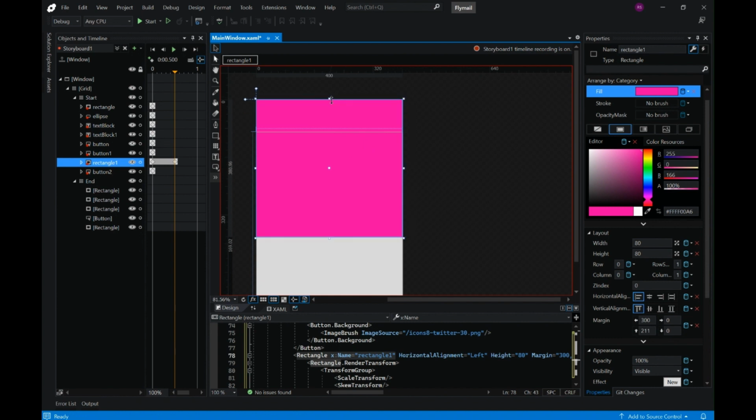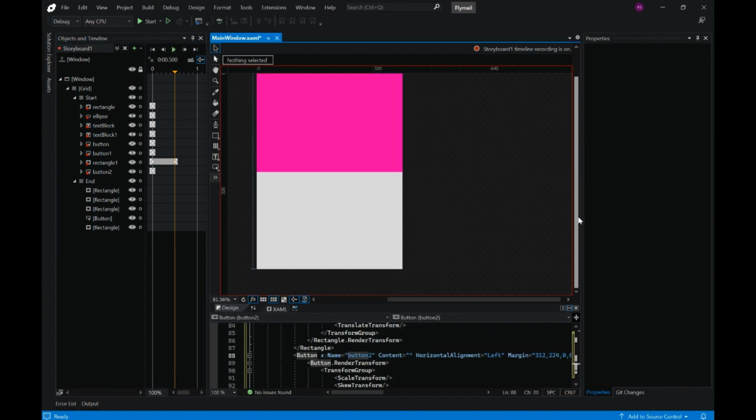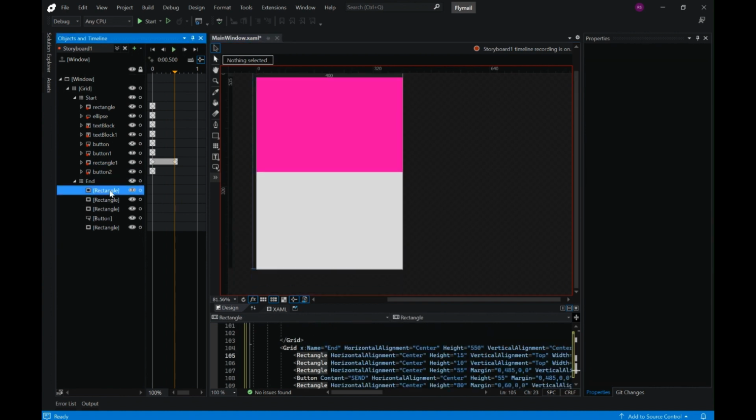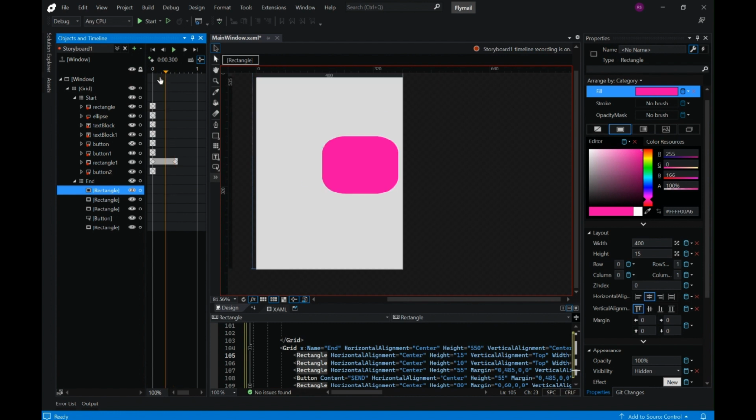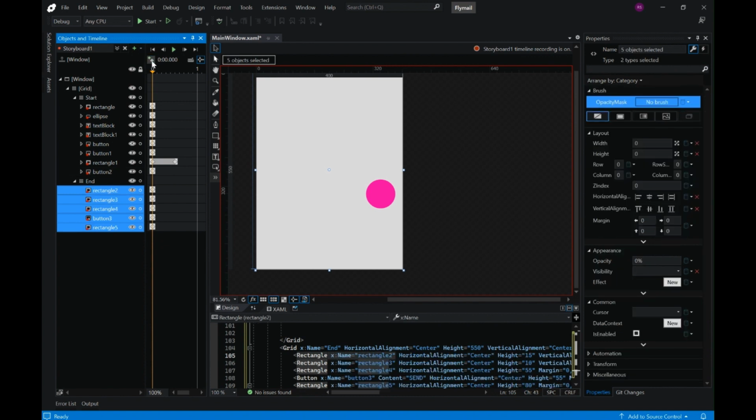Move up. So when I run this, you can see that we have our animation ready. The next part is to move back and concentrate on the end screen. So add a keyframe for all these elements, an empty keyframe, and on the 0.5 keyframe